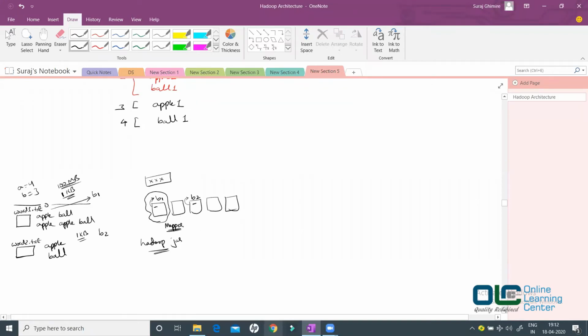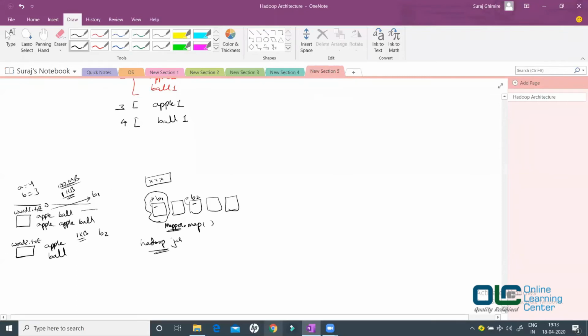Okay, my mapper code will start working. And in my mapper code, what is the method I have? I have a map method. So in this node where B1 resides, how many times will my mapper.map method be executed? 2 times. And why is it 2? Why is it not 3 or 4? Because it has only 2 lines, right?